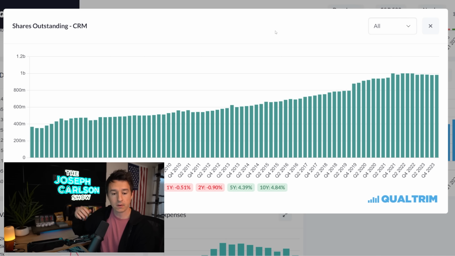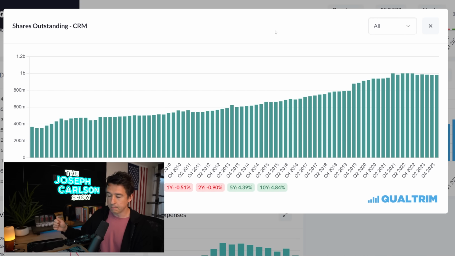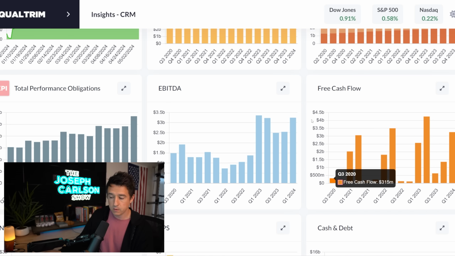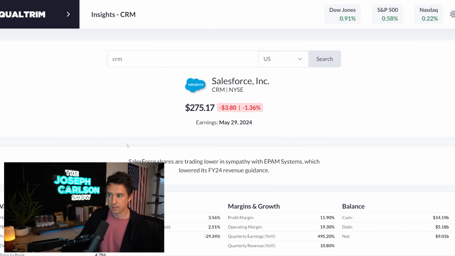So if Salesforce falls 50%, I just kick my feet back and I go, you know what? I don't care. They're just going to buy back 1 million shares every single month, 1 million every 2 weeks, 1 million every week if it gets cheap enough, until the stock goes back up. And because I know they can just continually pull that buyback lever, and they can make the earnings per share grow faster and the free cash flow per share move up faster, I know it's a matter of time until the stock goes back up. It gives me confidence to hold on to it in a downturn. And that's another important aspect. So that's a few things I look for to get into a situation of valuation I think is attractive.